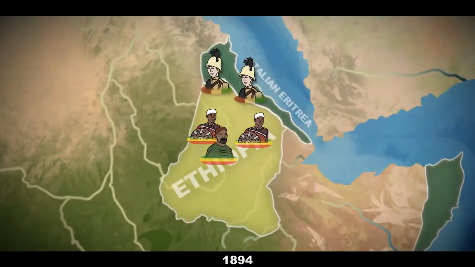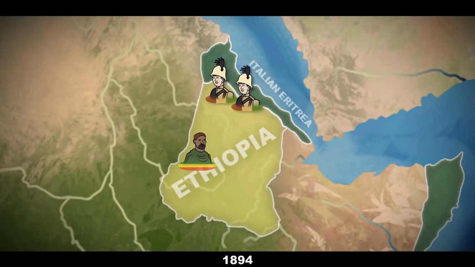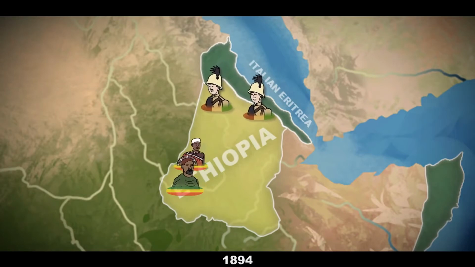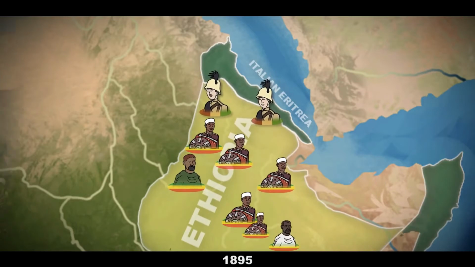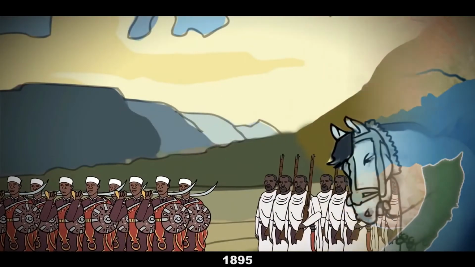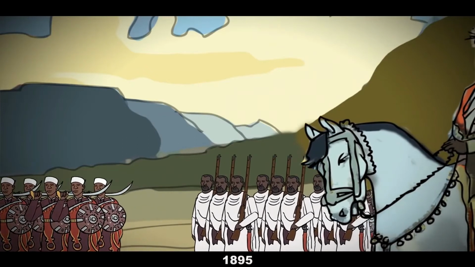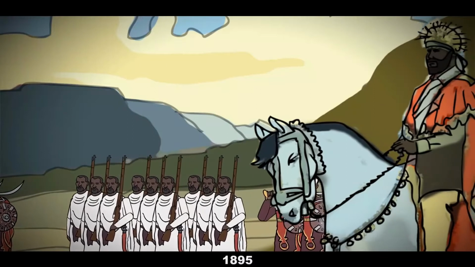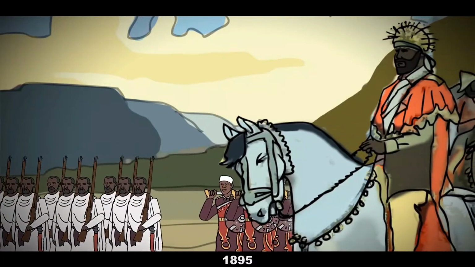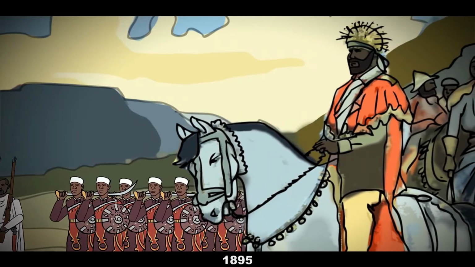Although Baratieri's expedition encountered initial success against some of the local kings, things would change after Menelik assembled a massive army of 200,000 men in September of 1895. Though they were armed with spears and swords, about half of them were armed with modern rifles, which had been purchased from the Russians. Interestingly, the Ethiopians, all things considered, were better equipped than their Italian counterparts, who were unaware of this due to Menelik's cunning.